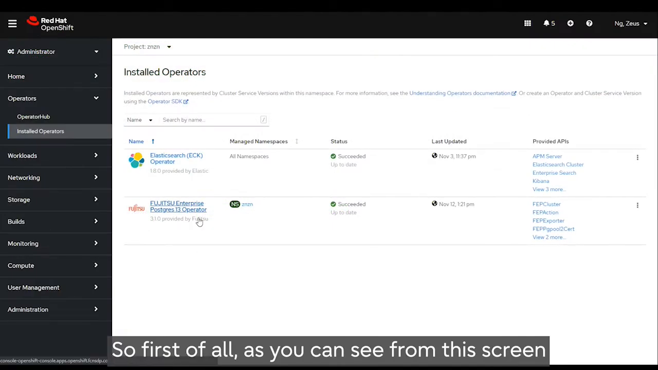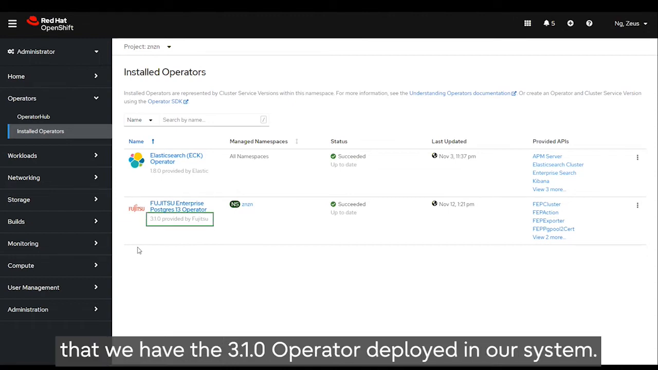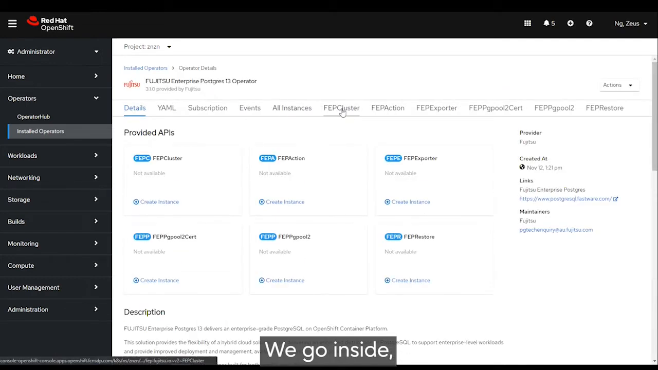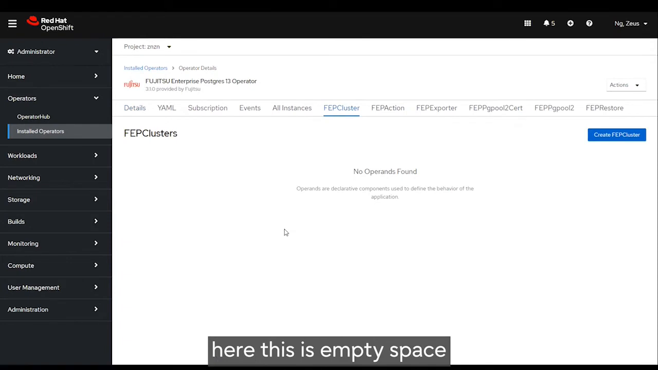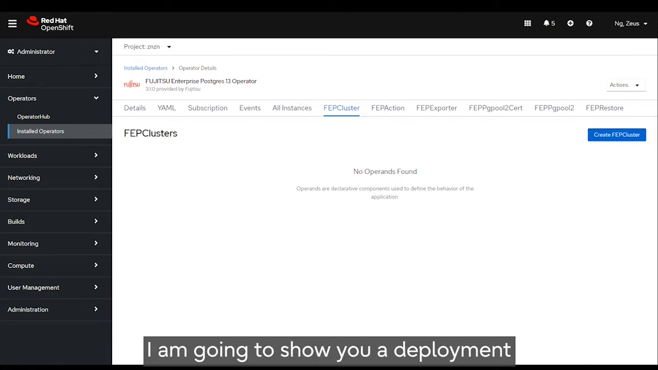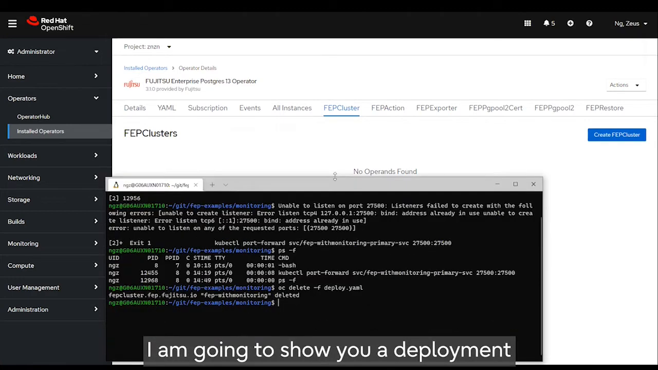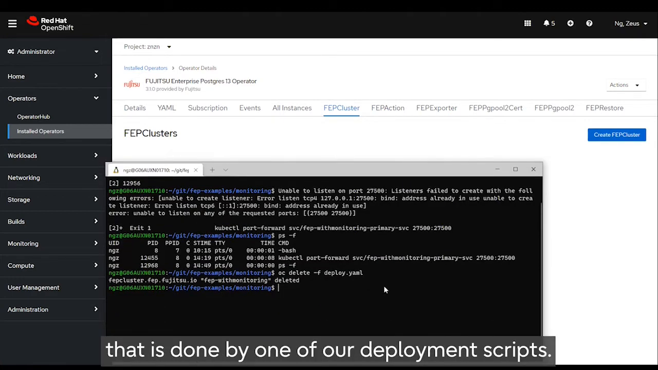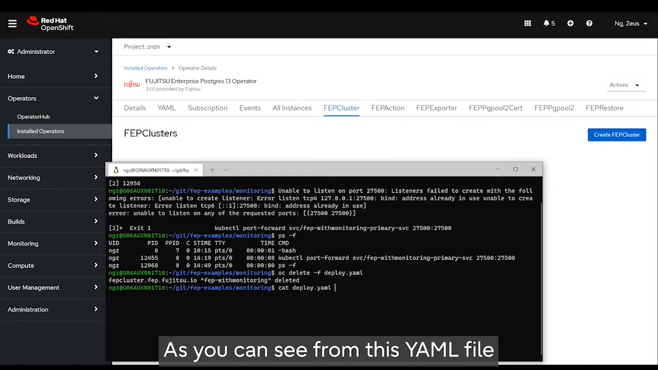So first of all, as you can see from this screen, we have the 3.1.0 operator deployed in our systems. We go inside. Here, this is empty space. There's nothing deployed at the moment. So I'm going to show you a deployment that's done by one of our deployment scripts. As you can see from this YAML file,